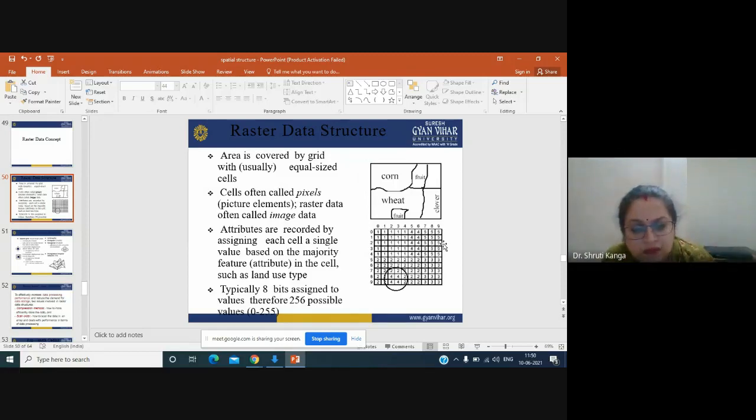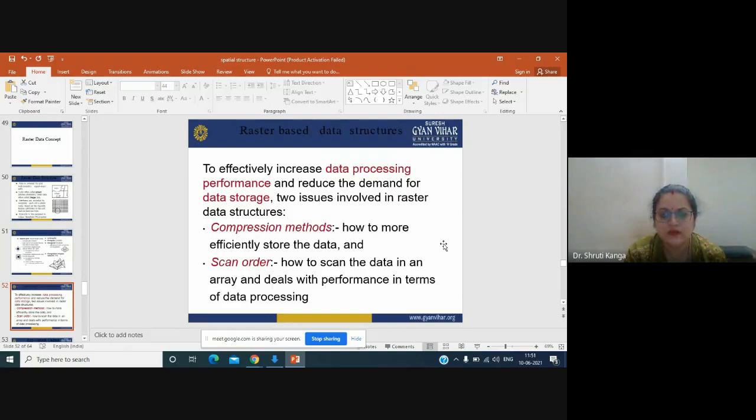That means in three values we have tried to store this line 1, then line 2. So in scan line order also we can compress the data set and store these raster data structures. We'll see in the next slides what we are trying to say.